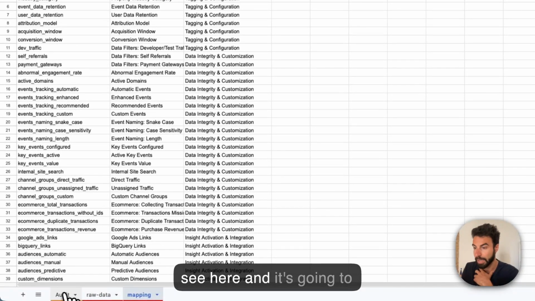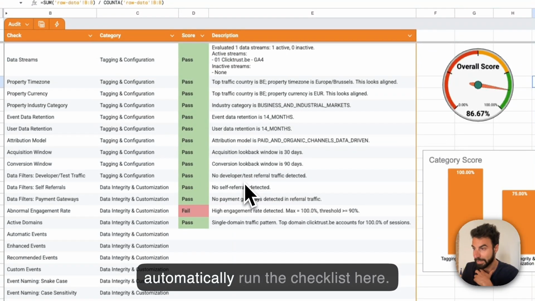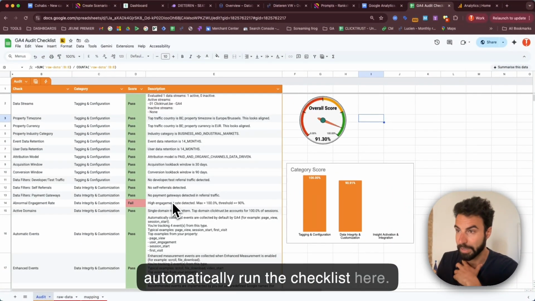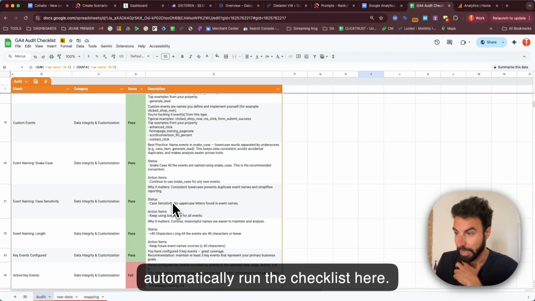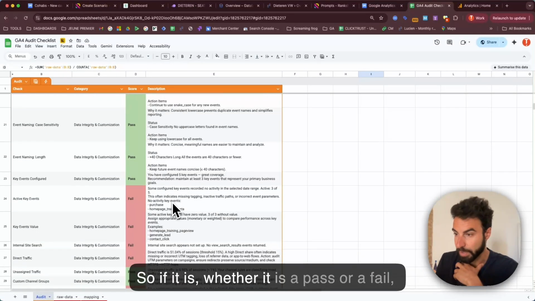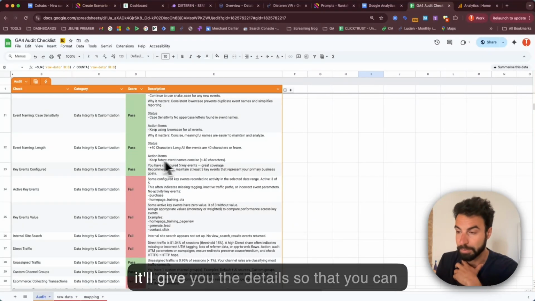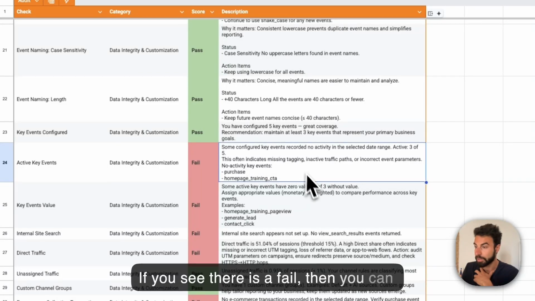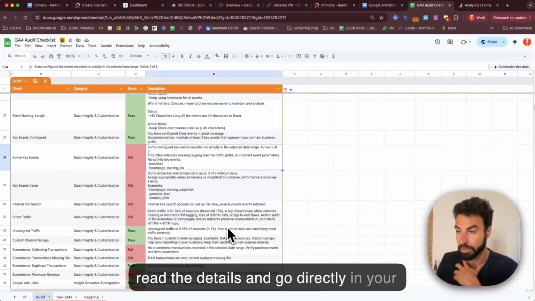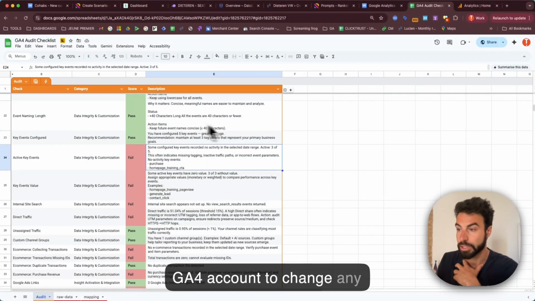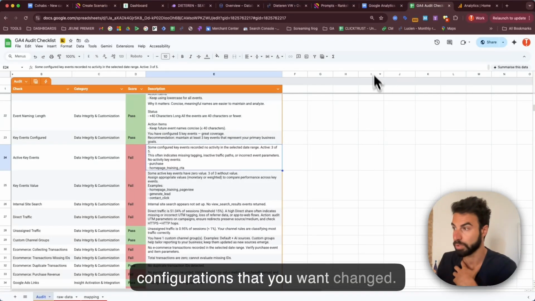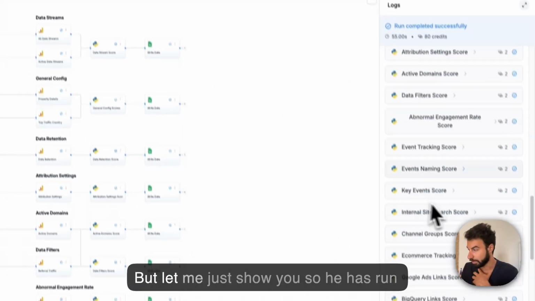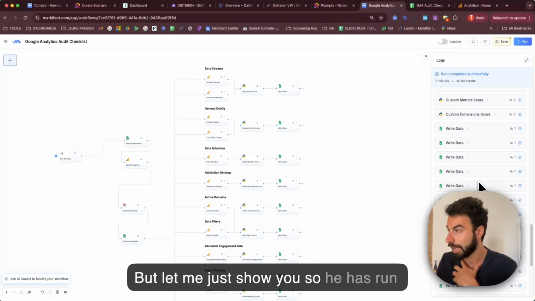And it's going to automatically run the checklist here. Whether it is a pass or a fail, it'll give you the details so that you can further explore that inside GA4. If you see there is a fail, then you can read the details and go directly in your GA4 account to change any configurations that you want changed. But let me just show you. So it has run